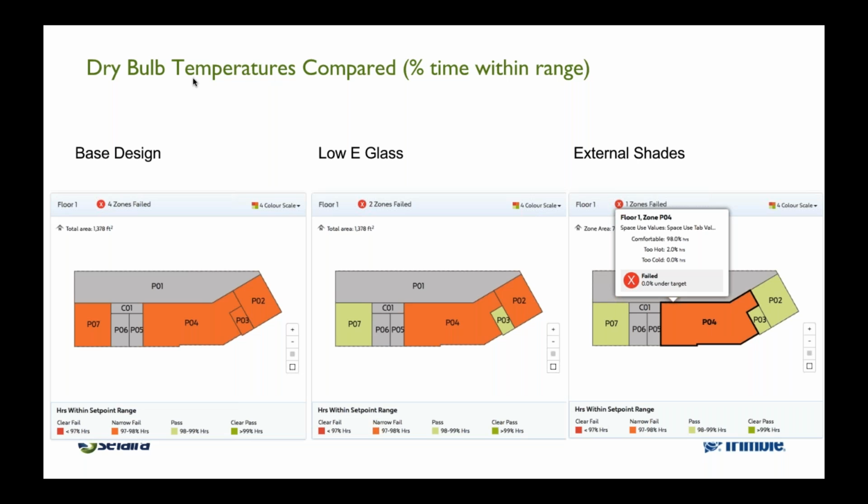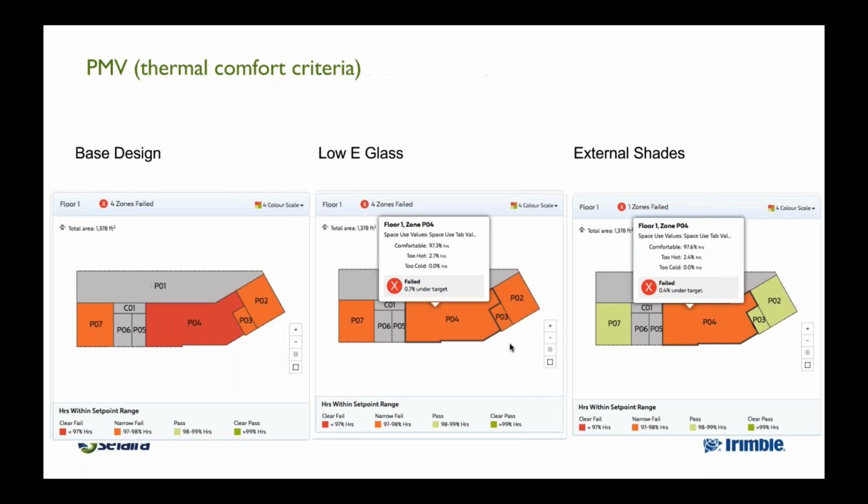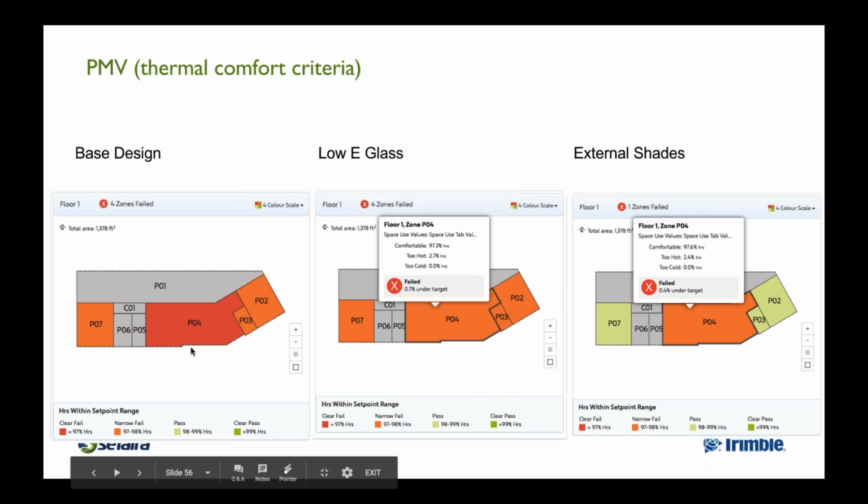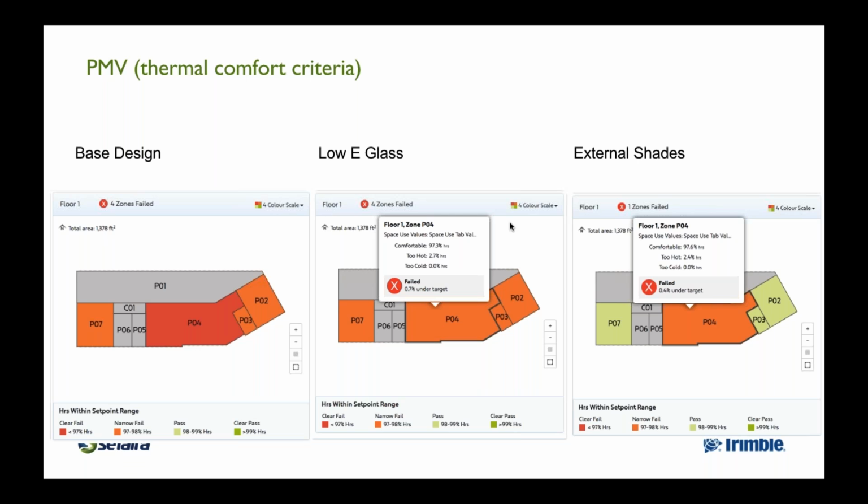And then looking at dry bulb temperatures, the base design for the ground floor, low E glass as a strategy made these two zones more comfortable, and then applying external shades virtually improved the comfort in terms of temperatures across the whole of the ground floor. And the same outcome happened as you'd expect, with temperatures getting better and also resultant temperatures getting better. We were able to communicate how rooms were getting more and more comfortable with the progressive improvement of different strategies,